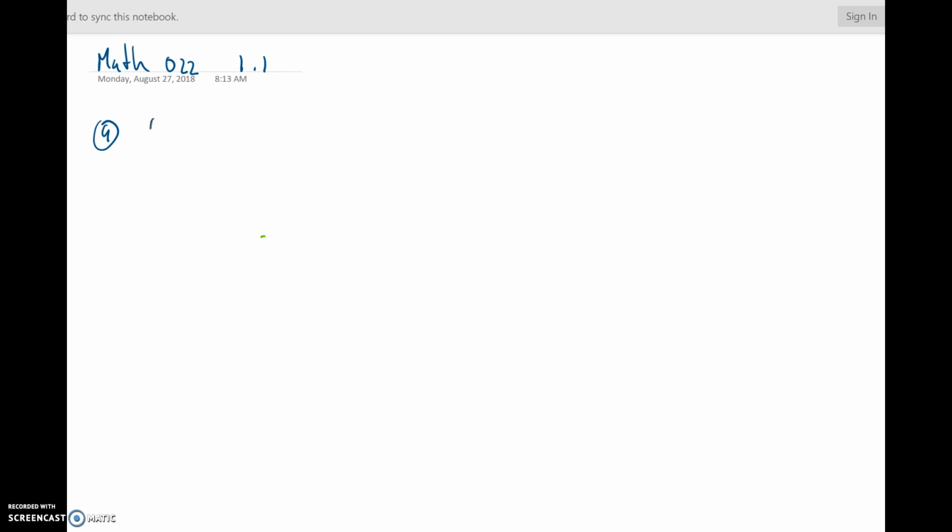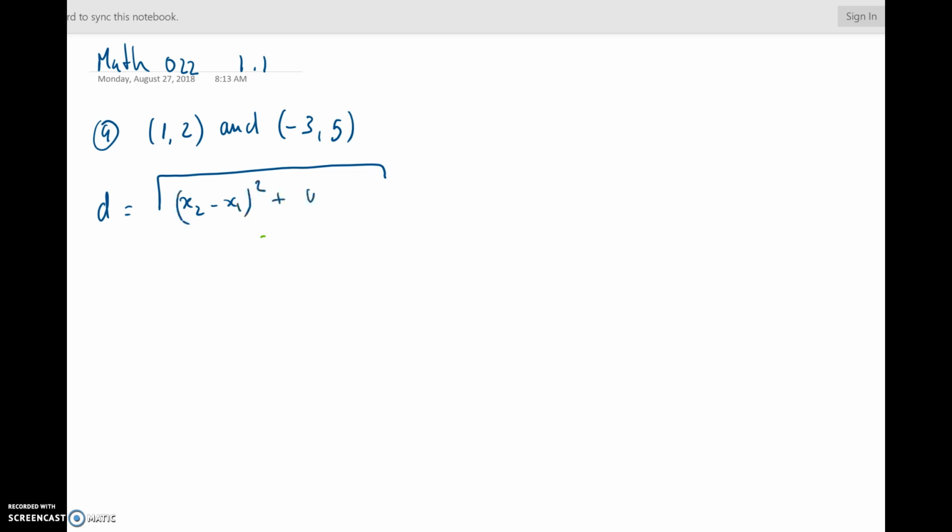So number 9, you got the point (1, 2), and you got the point (-3, 5). So first of all, the distance. You need to remember that the distance is always the square root of (x2 minus x1) squared plus (y2 minus y1) squared. That's the definition you need to remember, but if you don't remember it, you can always find this definition